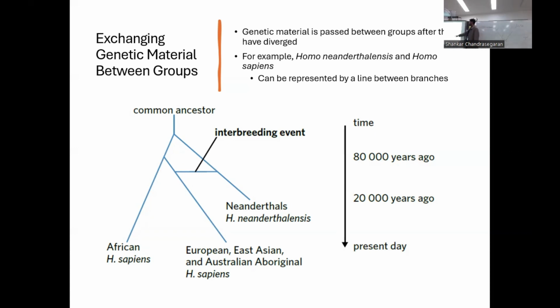Okay, you don't really deal with a lot of these exchanges of genetic information between different species. So this is a rare case, but you need to be able to identify what they mean if they just show you that in a question, right? If they draw a line directly between two different lineages, that means it's talking about an interbreeding event where genetic material is passed between